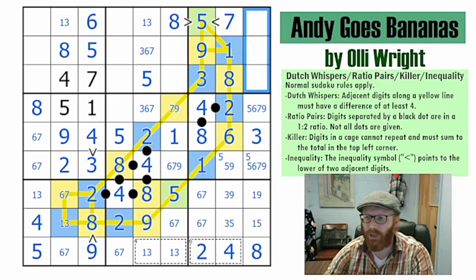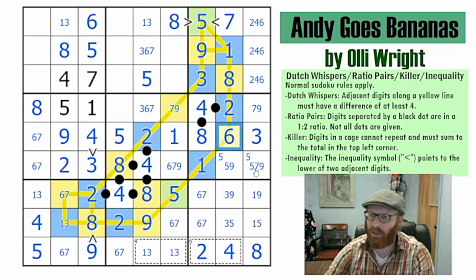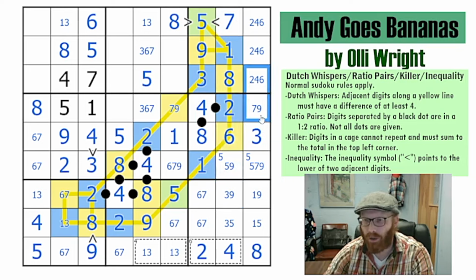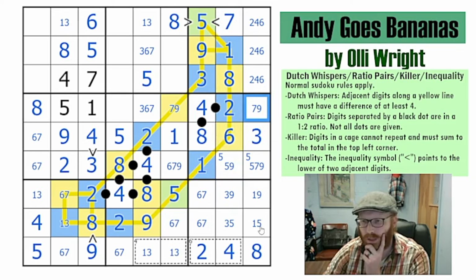Three digits are left here. Let's figure out what those are. A 2, a 4, and a 6. So 6 comes out of there and there. Oh, there was already a 6 in the box. 7. Oh, we just put that 6. It's okay. We just didn't clean that up. That's fine, because we just got that 6 from the 7. So we're okay. 2, 4, 6